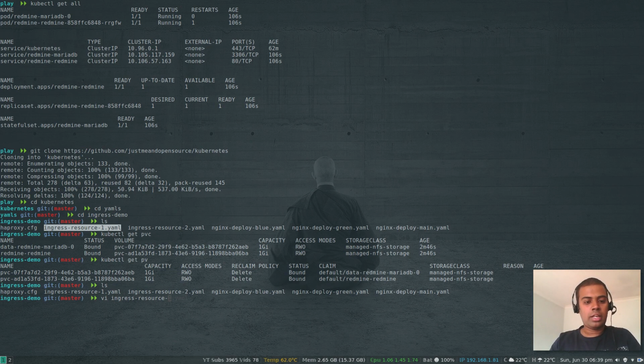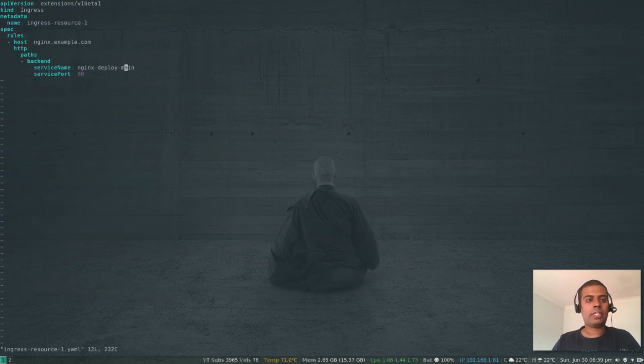vi ingress-resource1.yaml, for example. So that's a sample ingress file which I used in my Nginx Ingress demo. Let's change the name to redmine-ingress. Let's change the host name to redmine.example.com. The service to route: we are creating an ingress so that when our request comes into redmine.example.com, the ingress controller will route the traffic to the service called